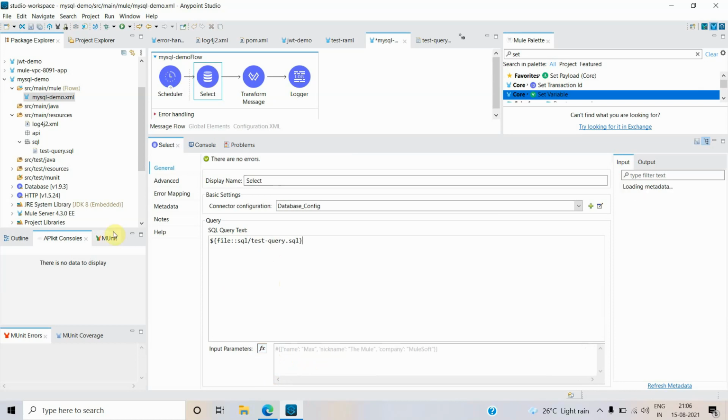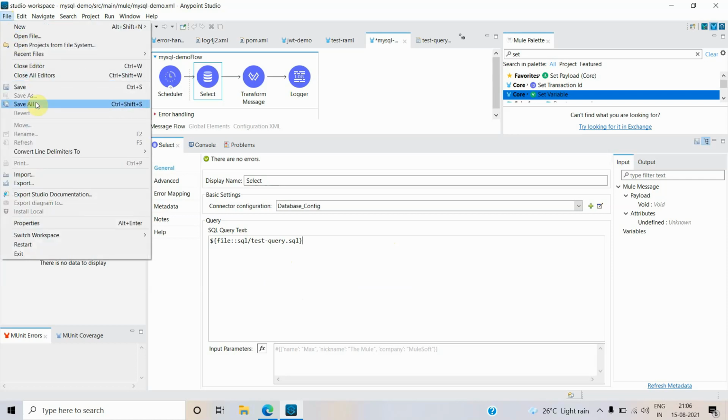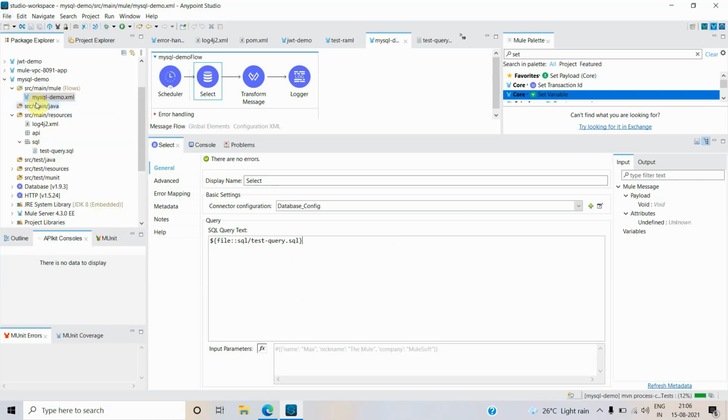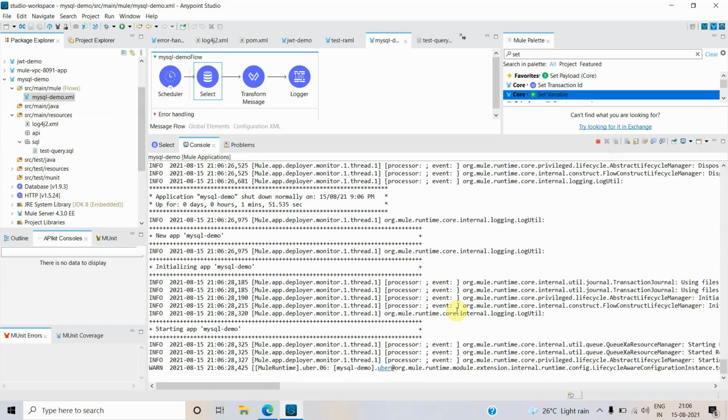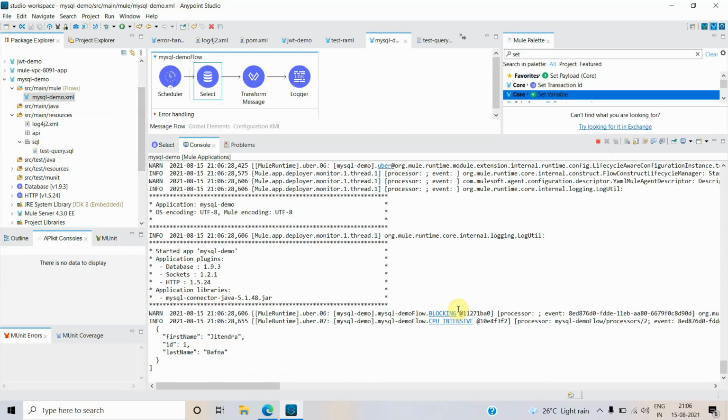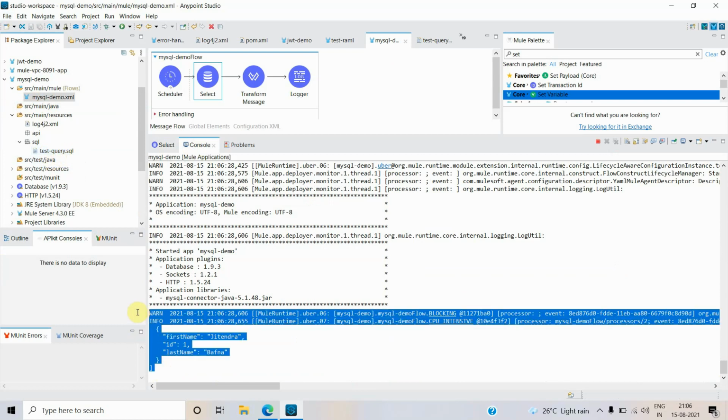So you can access this file using this particular syntax, file colon colon SQL, because you have a folder under your build path and the file name. That's it. Save it. You can see now it's reading the query from this SQL test query.sql file and fetching the result back to you.